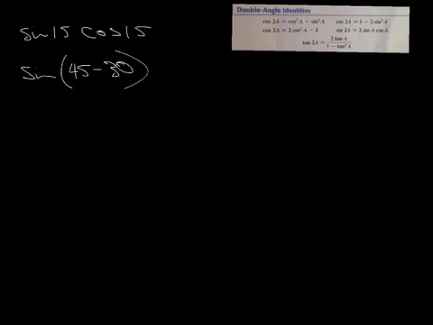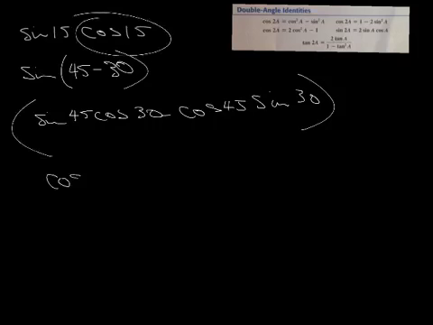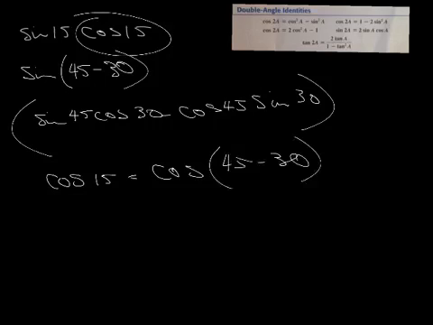And then we multiply that with, so we take that formula, which ends up being, if you remember that, sine of 45 cosine of 30 minus cosine of 45 times the sine of 30. Take that and multiply it by, instead of the cosine of 15, we'll write that as the cosine of 45 minus 30, and then use the formula on